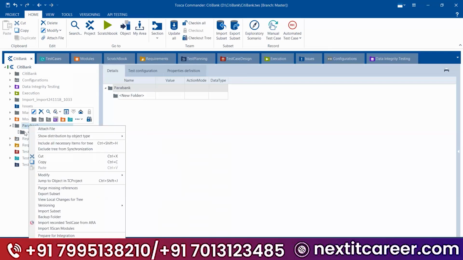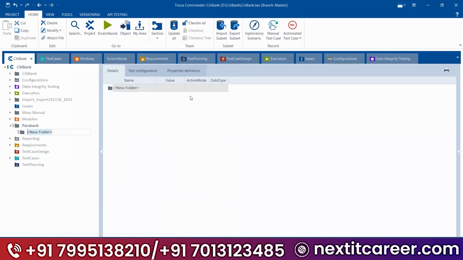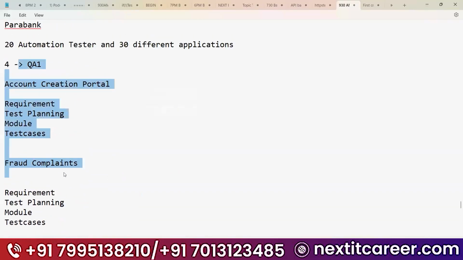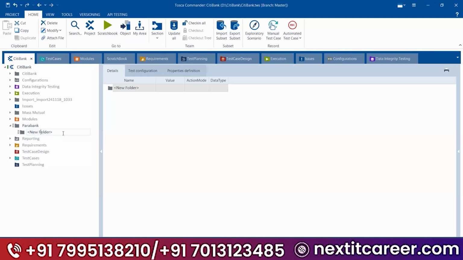component folders like QA1. See, this I am structurizing in Tosca, guys. The one which I have explained to you, I am structurizing here. So what is that? QA1. After that, create one more folder and rename it to QA2, capital. So follow one pattern. So next, QA3, QA4, and QA5. So what is a component folder? I will explain. First, I'm structurizing according to my original project.